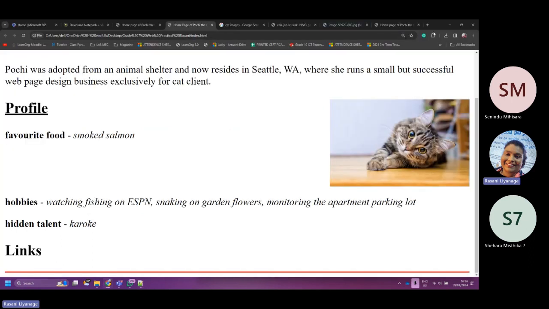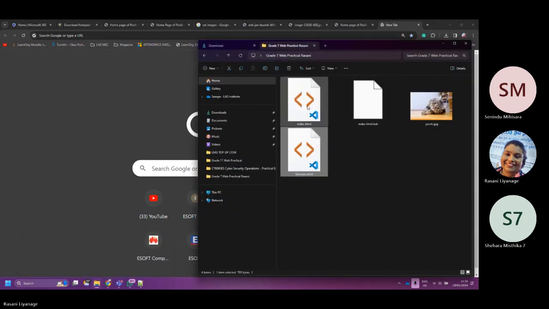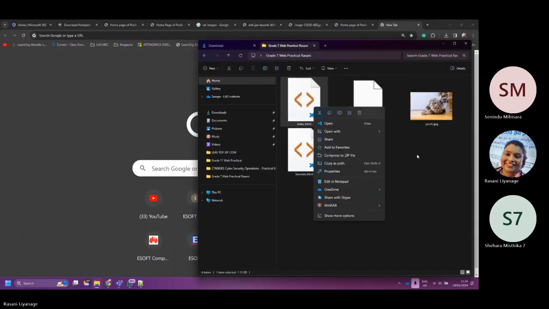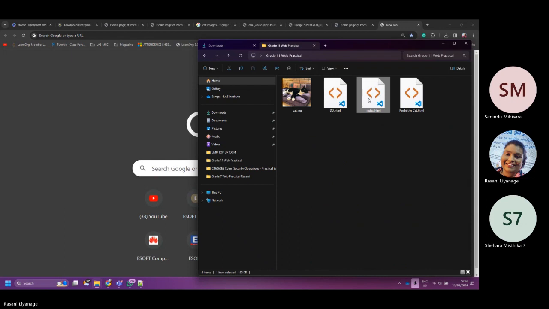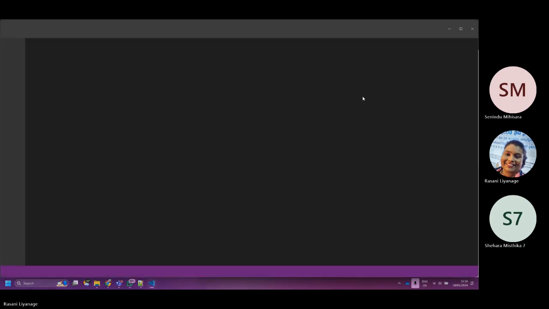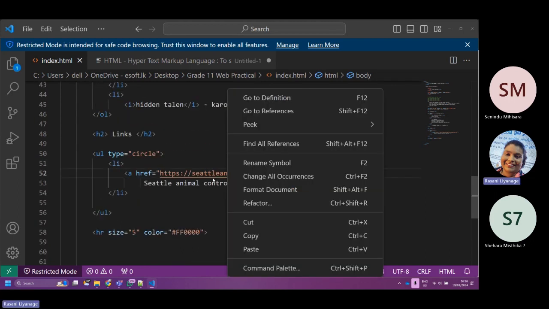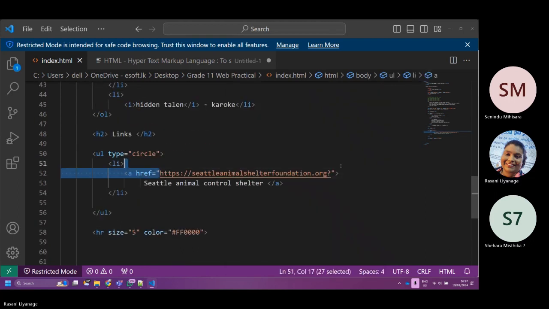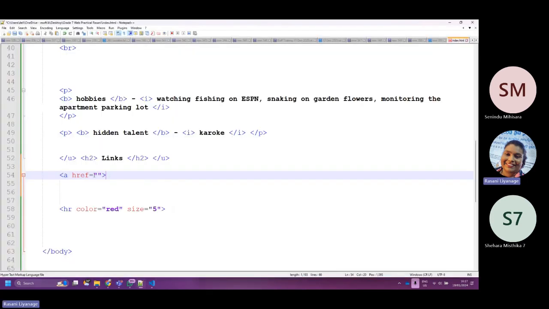Go for a link. This is the link: https seattleanimalshelterfoundation.org, taken from an animal shelter.